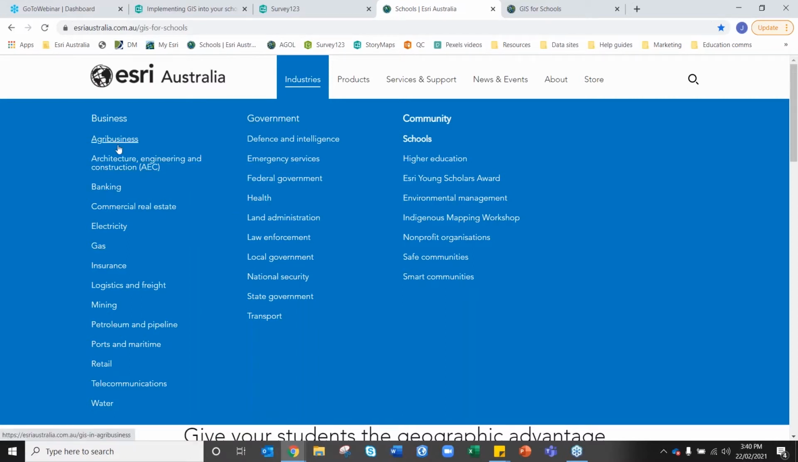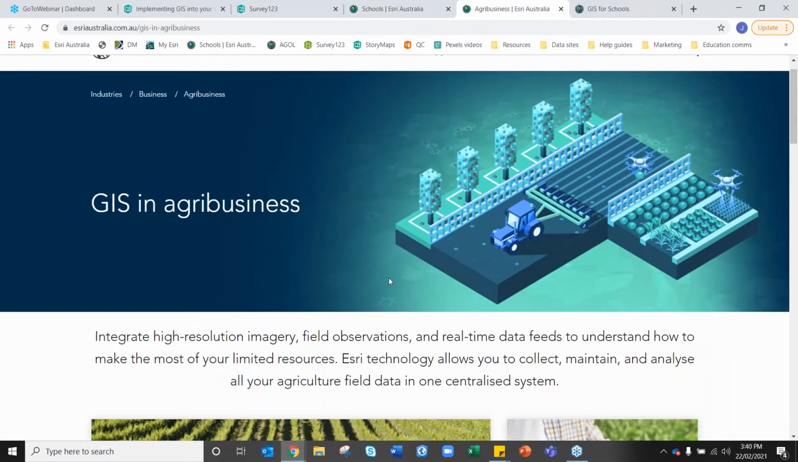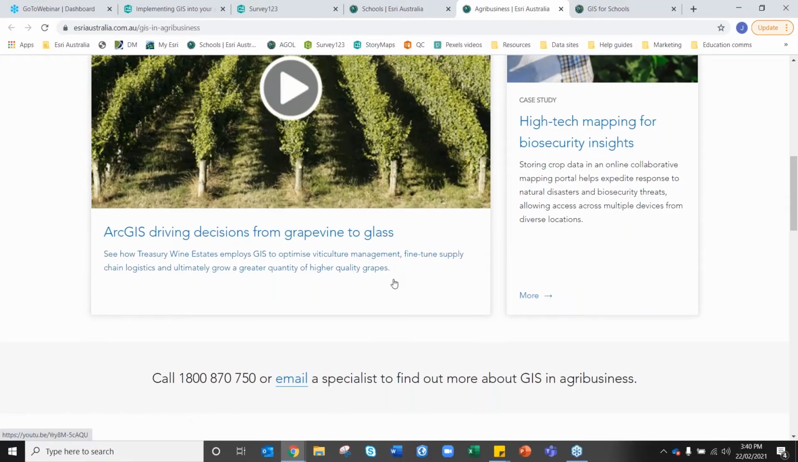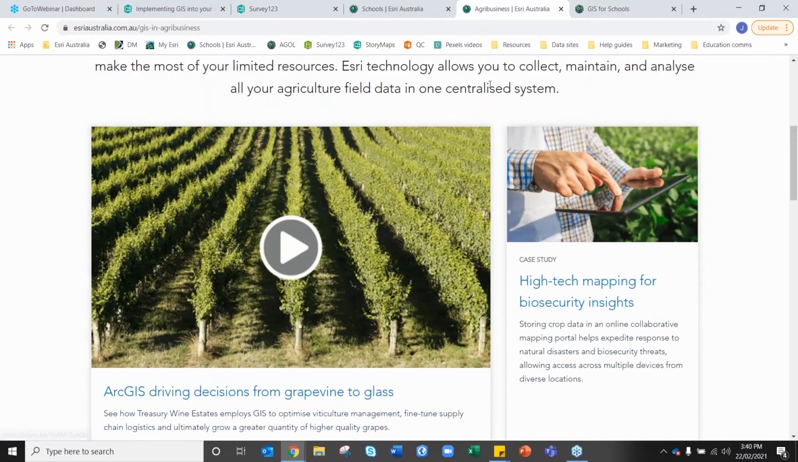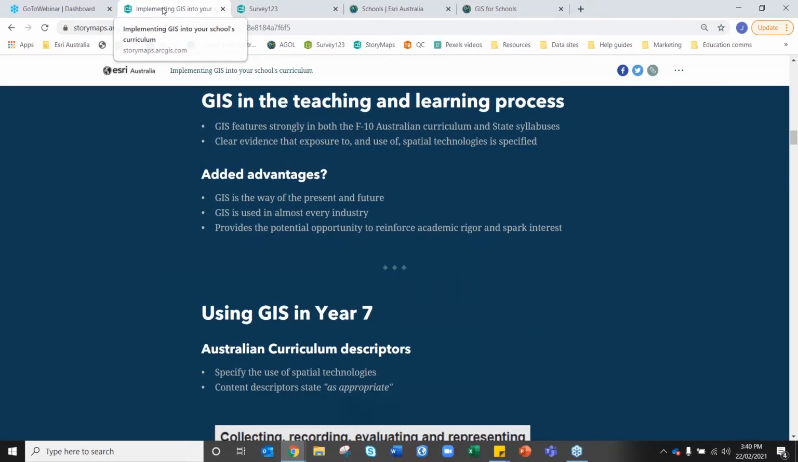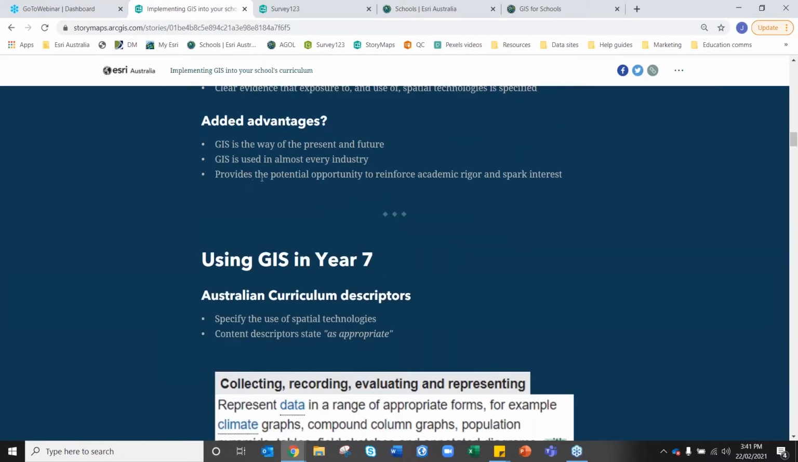I could click on any of these as well. I'll click on agribusiness, and we have case studies here and little videos that explain how it's being used as well. So it's quite pervasive. It's in everything. So if we're setting up our students for success and for their future university courses, something we need to be aware of. And probably the best advantage is that it's reinforcing academic rigor,